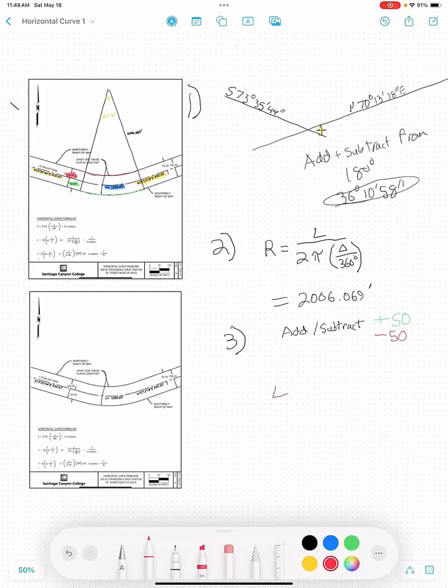So again, working that formula backwards, it should just be as simple as that: L equals 2 pi radius times delta over 360. Again, that's just the inverse